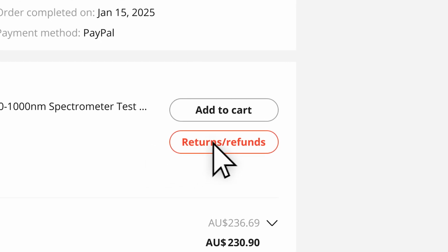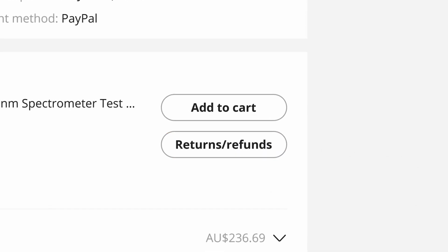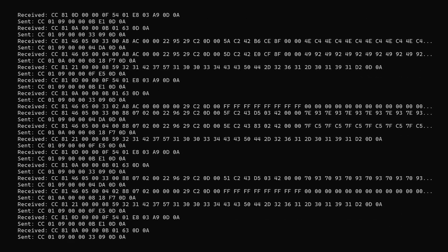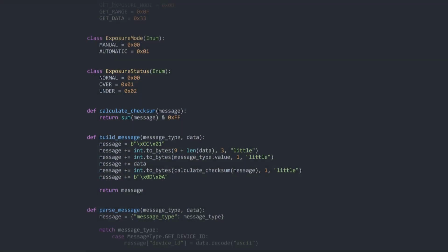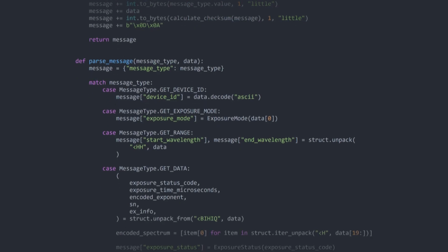I thought about returning it, but where's the fun in that? Instead, let's have a poke around and see if we can unlock some extra functionality. The serial protocol seemed like a good place to start. Thankfully, Torchbearer provides protocol documentation for some of their other models. While my model had several differences, it was close enough to put together a simple Python library and extract some